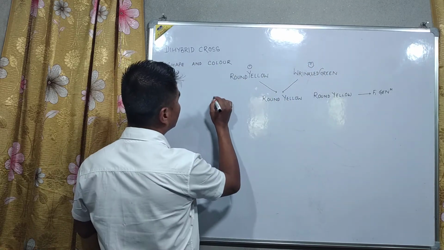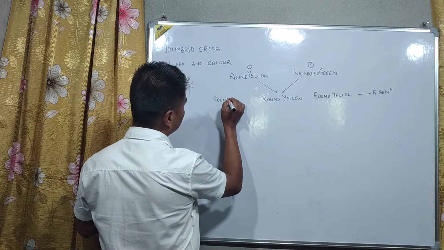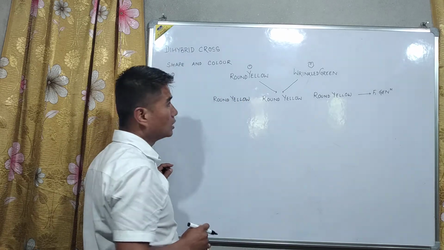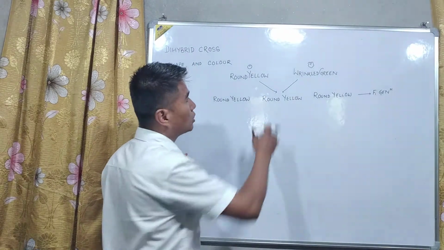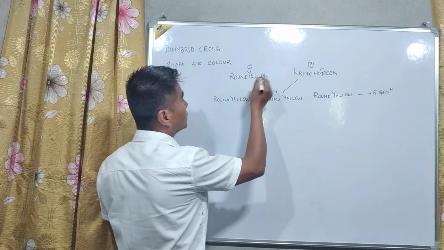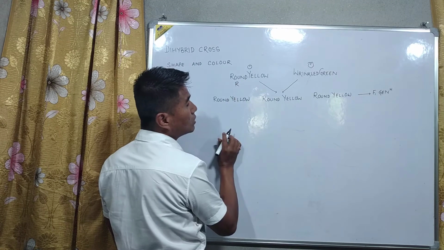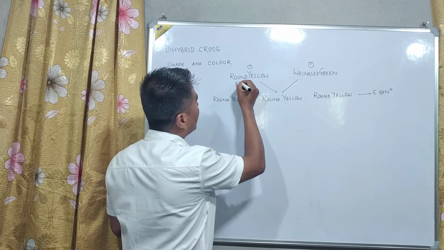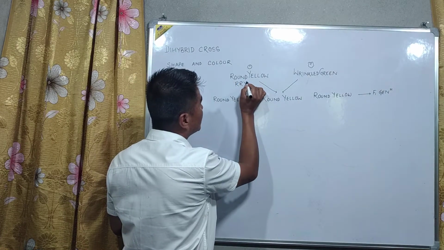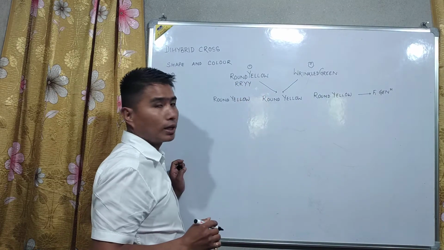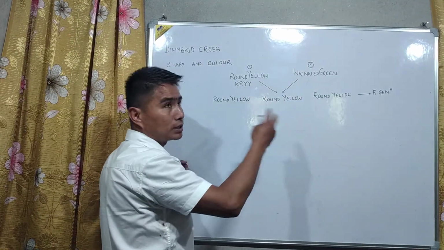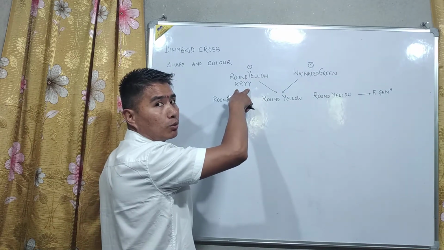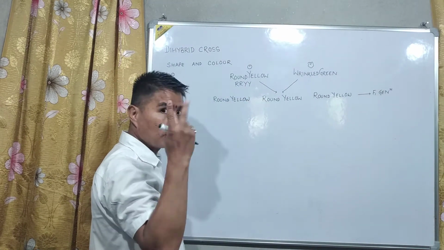Fine? Round yellow, all. So that means who is dominant? Round yellow is dominant upon wrinkled green. So now let us represent round yellow. For round, we write R, and since a character is controlled by two factors, that is why RR, and for yellow it is Y, that also YY. Why? Because round yellow was seen in the F1 generation, round yellow is dominant upon wrinkled green, so we use capital letters for them, and not only one letter but two letters because a character is controlled by two factors.